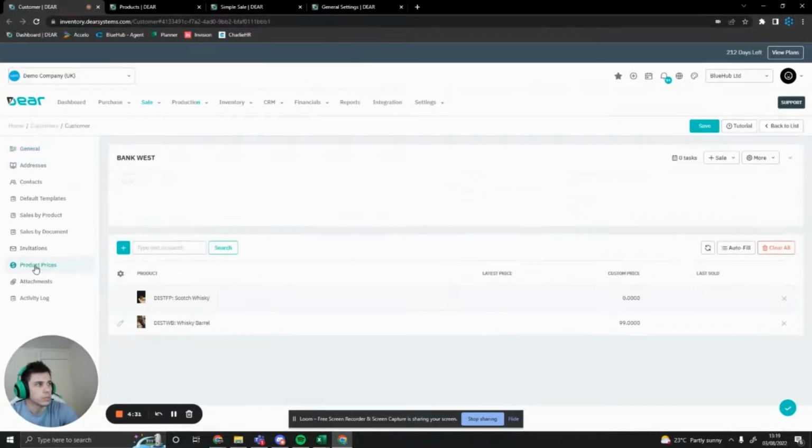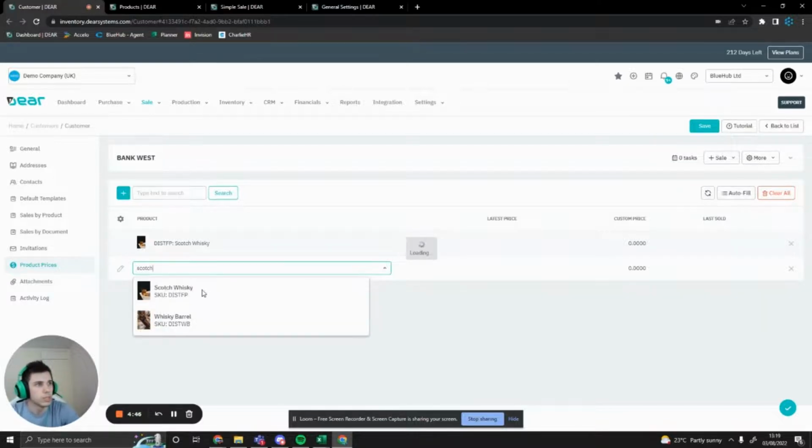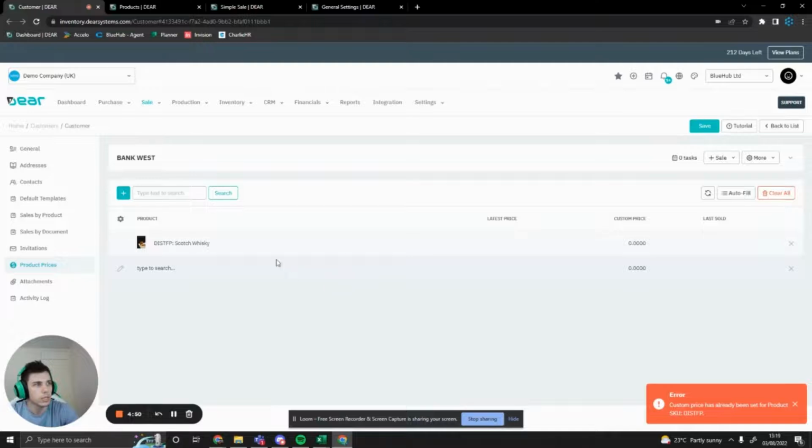Finally, we come into product prices for the customer here, and we can set custom pricing for their products within Deer, so we don't have to use that import, and we can set these up within the actual UI itself. This is going to be quite manual, however, so it's worth keeping in mind. It doesn't make the process any easier really, but it will allow you to set custom prices in a fairly